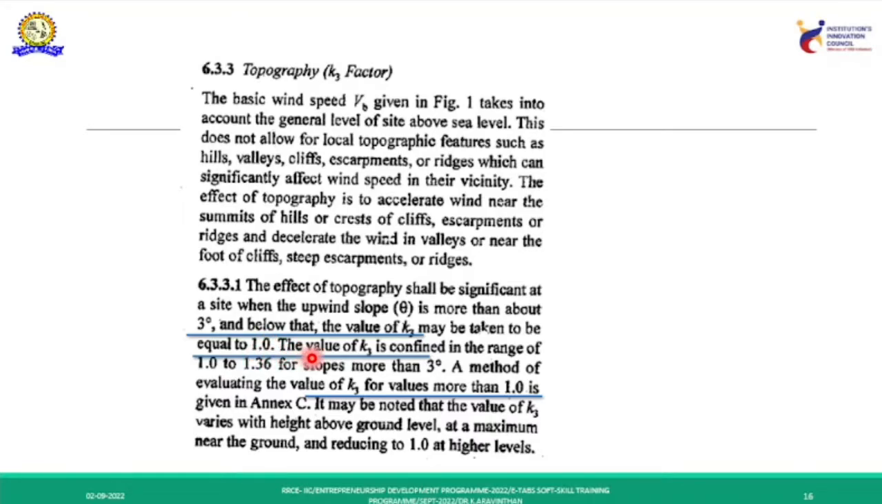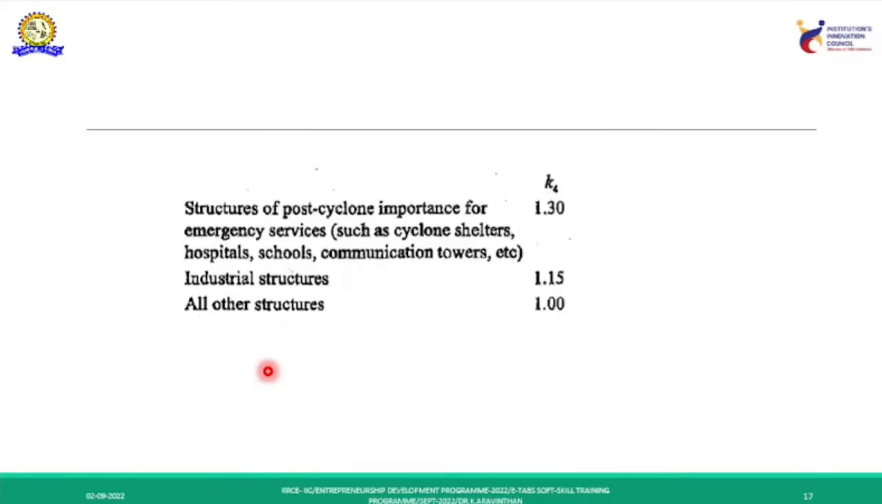If your value of K3 is in a range between 1 to 1.36, the slope is more than 3 degree. If it is in between, you can interpolate these values. So the first case is not more than 3 degree and the second case is more than 3 degree. In between that you can interpolate from 1 to 1.36. The last category is K4, which is